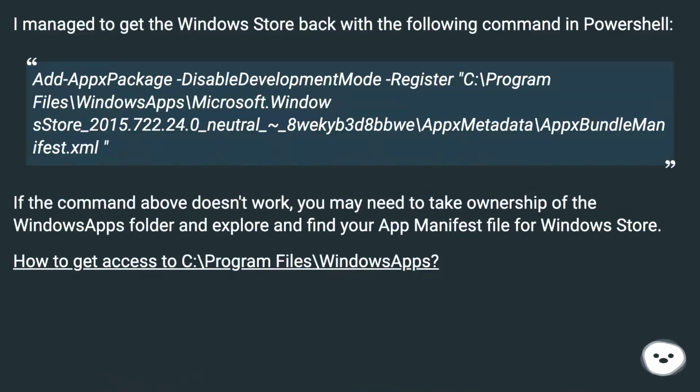I managed to get the Windows Store back with the following command in PowerShell. Add-AppxPackage -DisableDevelopmentMode -Register C:\Program Files\WindowsApps\Microsoft.WindowsStore_2015.722.24.0_neutral_8wekyb3d8bbwe\AppxMetadata\AppxBundleManifest.xml